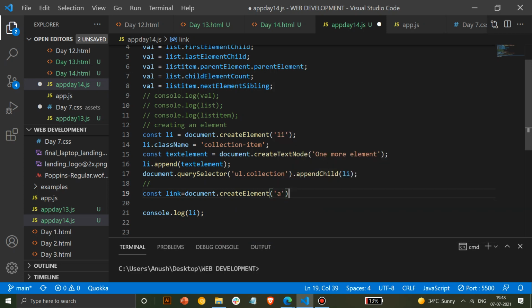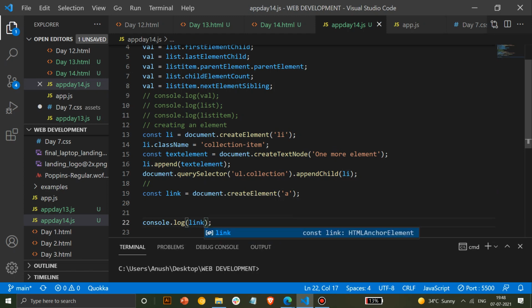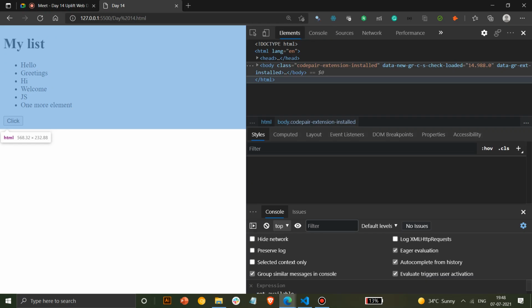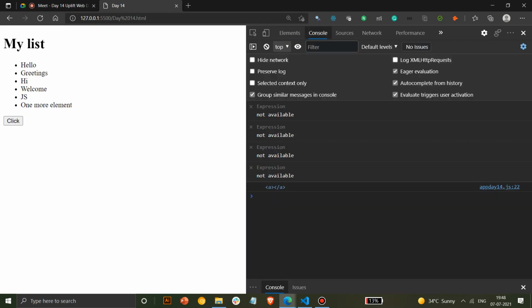Whatever element you have to create, just put it there and it will be created for you. At every stage you can console log and check if it's in the correct format. So yes, this anchor tag has been created.